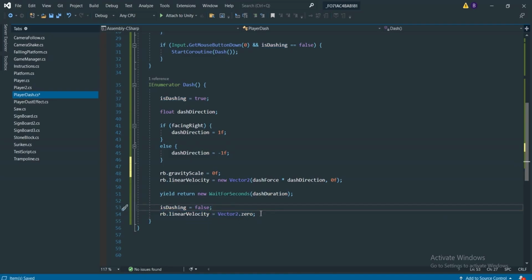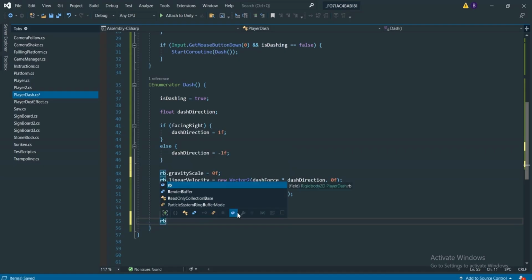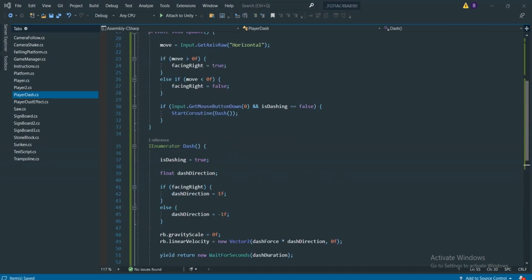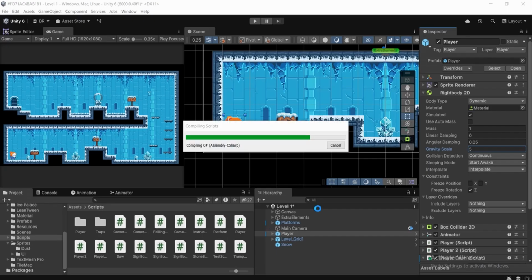So we also need to set our gravity scale back to 5, because the dash duration is over. So we will go to rb.gravityScale, and now we're going to set it back to 5f as we saw, and then close that up with a semicolon. And if we press the space key on our keyboard in order to save, and then move over to the Unity editor, you will notice that